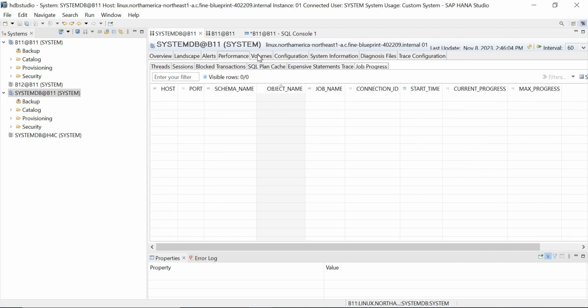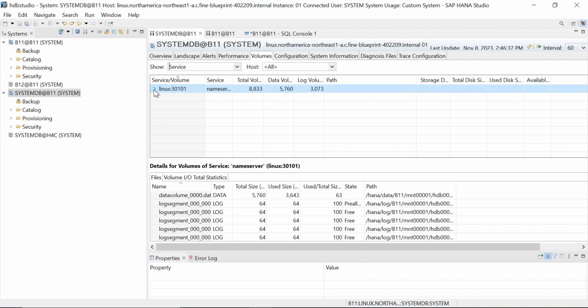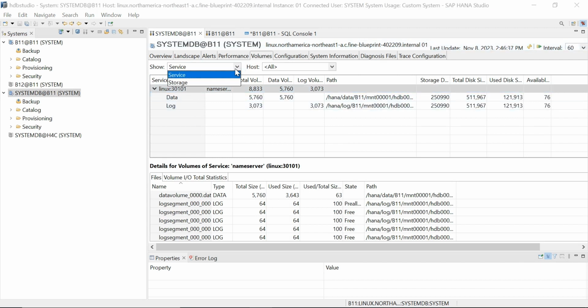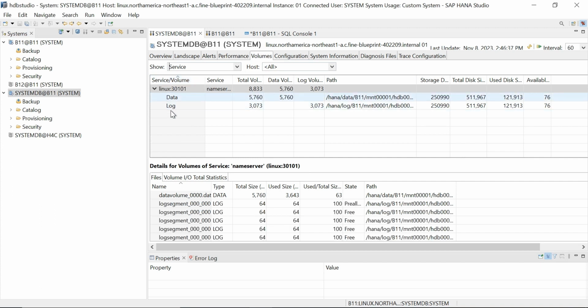performance tab. And when it comes to volumes, we already discussed volumes. Here you can check the service. It will show in the form of service or storage. You can go with the storage, you can go with the service also. So where your data files and log files are residing. This is system DB I am showing. That is the reason it is showing only one name server in system DB. Only in system DB, what are all the services which hold the data? Only name server. So that name server will have the data file and log file. If you go with the tenant DB,